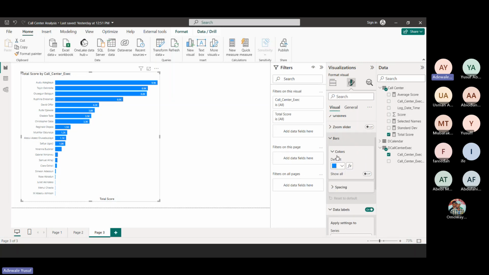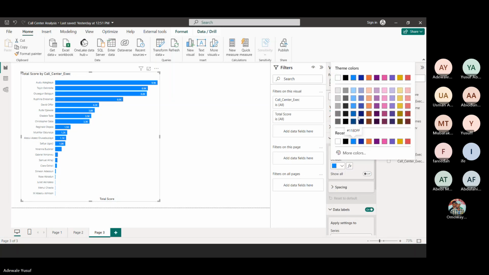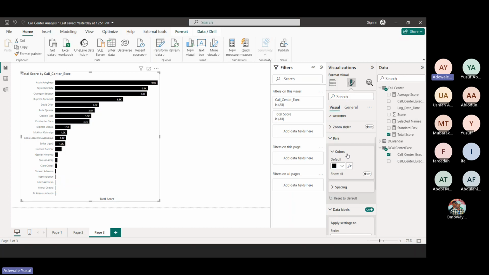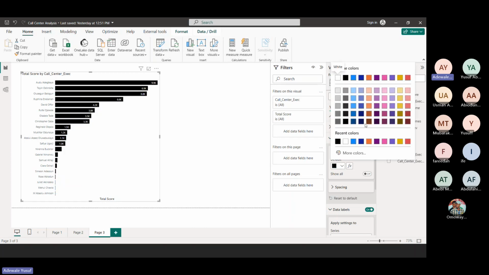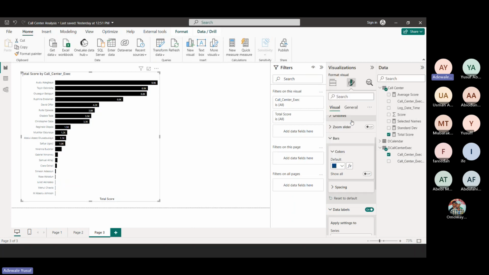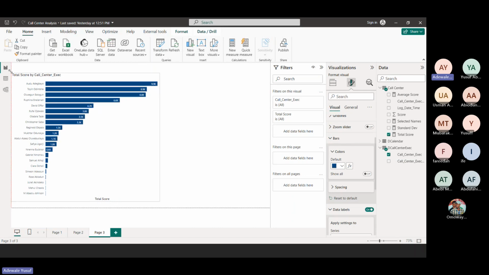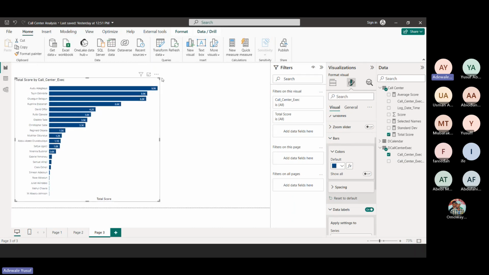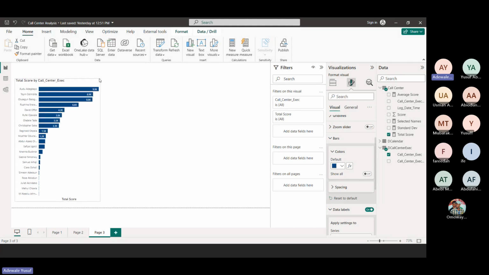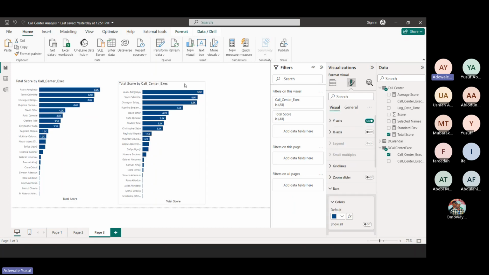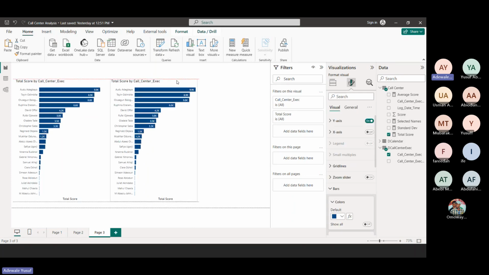Then for the bars themselves, I should pick a color of my design. I can use this black, or deep blue, anything I want, just to make sure that my visual is effective and well structured. I'm just creating this here, right? And I can duplicate this one. Since I've already done the design before, I will just duplicate it here. I don't need to redo the design.